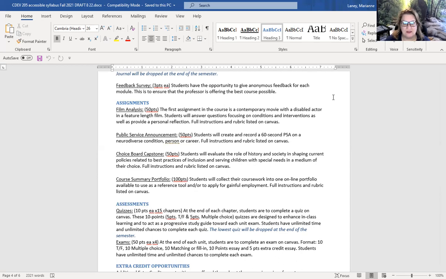The point on this one is that we are out to find, I have a couple that I know of that we could do. I'm planting a seed right now. We can find a movie or a film or something where the actual actor is disabled. Right? Because if we're watching Forrest Gump and I Am Sam and the Temple Grandin story, those are not disabled actors. I want you to find disabled actors.